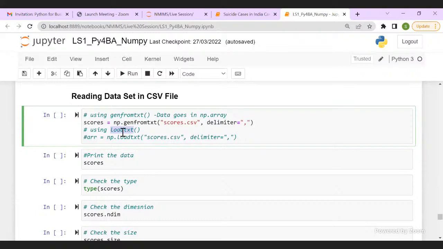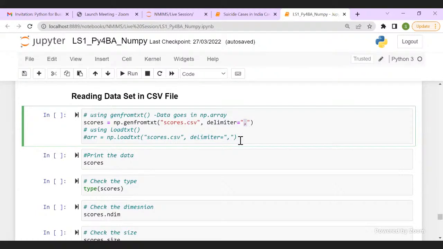Let's first understand what I have written here. This is my Numpy array where I am loading my data from the file. The first thing I have given here is my file name. And the second thing I have given here is my delimiter. Usually in comma separated values, my delimiter for CSV would be comma.